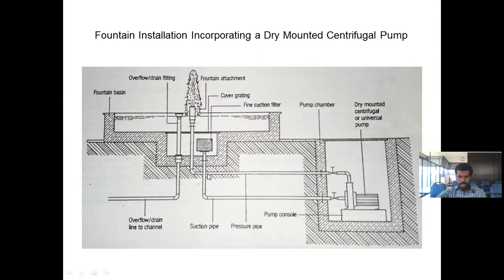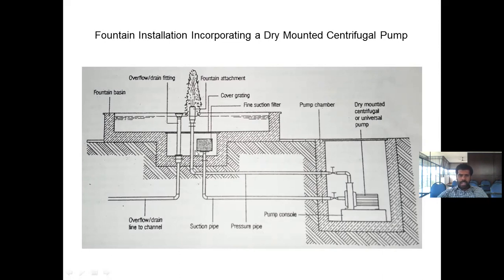Okay, and through that, this is the suction pipe, and this water is being pressurized. You can see here, this is the suction pipe, and this is the supply pipe. Or we can call it a pressure pipe. So the water from this basin is being sucked by the help of this pump through a fine suction filter. Okay, and it will be reaching this motor, and from there it is being pumped with a pressure.